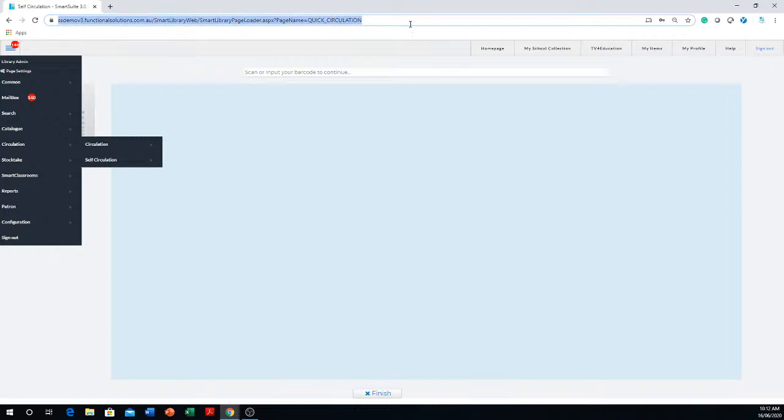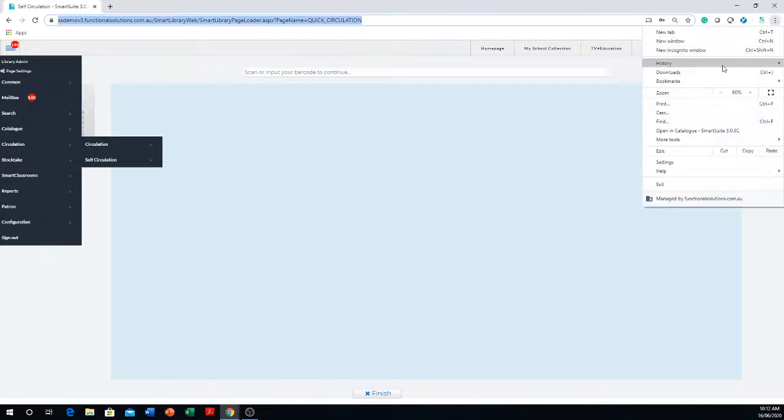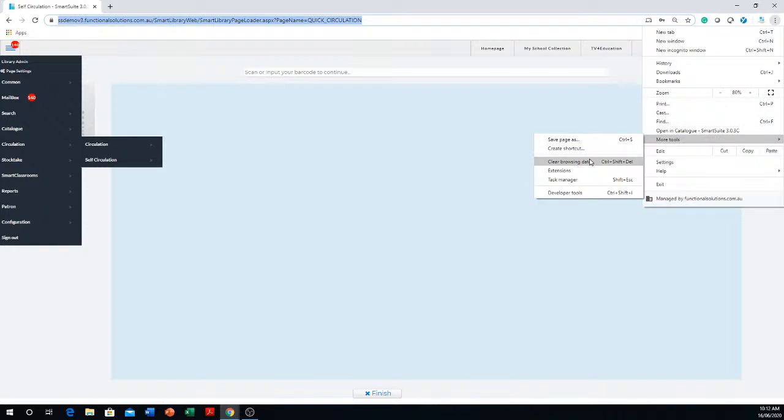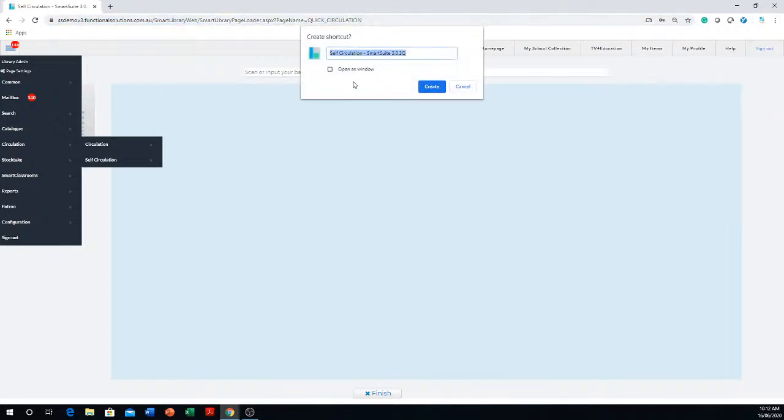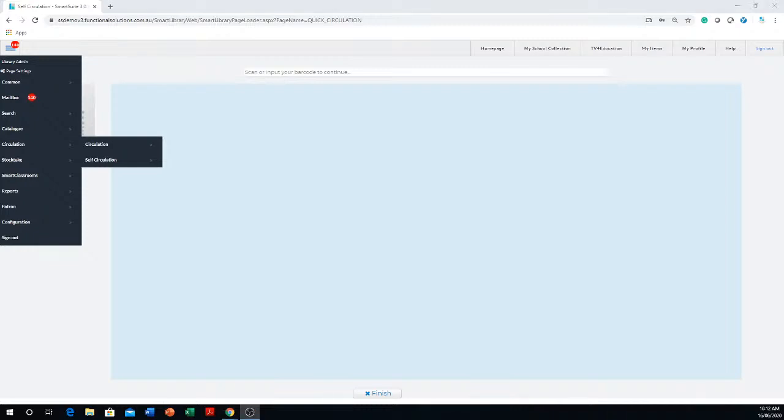Then what you can do is, if you're using Chrome, on those three menu bars there, okay, those three dots, you click on that, and then you go to more tools, and then you go create a shortcut. When you click that, it'll create a shortcut on your desktop, self-circulation, and you can go create. As soon as you do that, that'll put an icon on your desktop, and then you can turn around and you can tell the IT guy and say, Mr. IT,